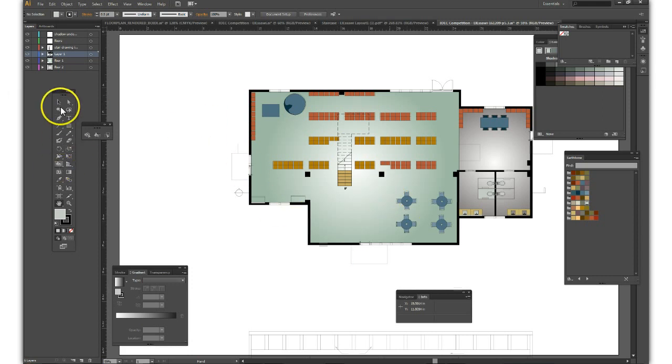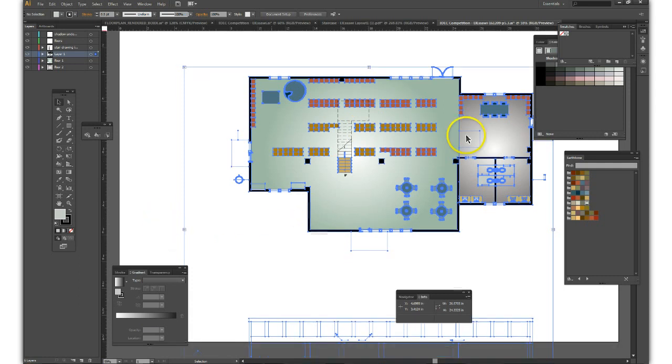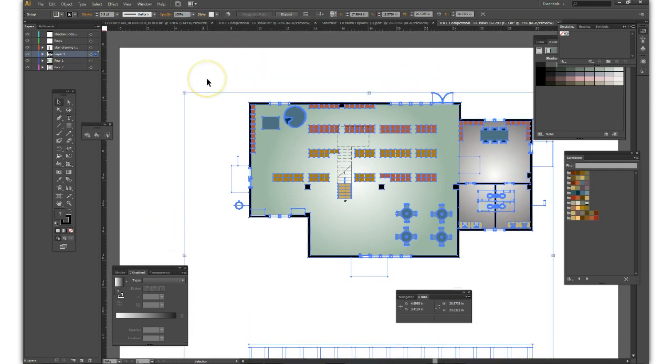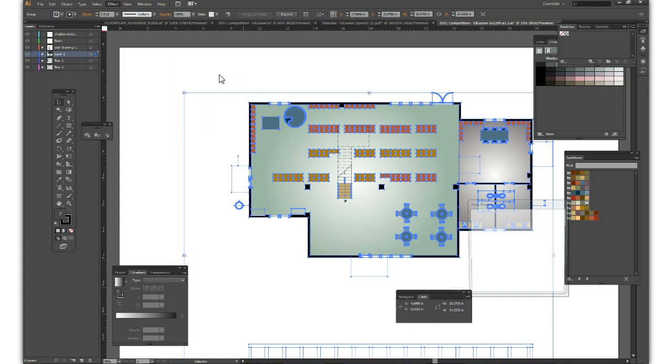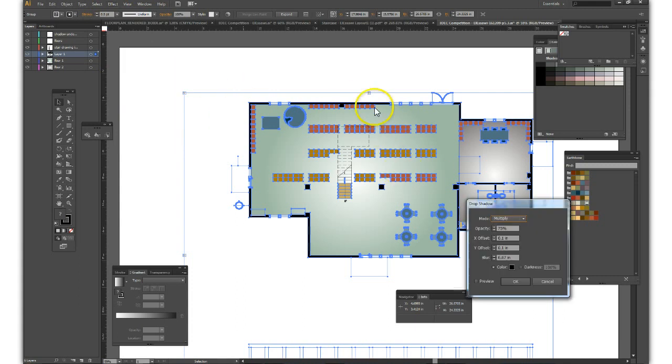And now what we want to do, let's go ahead and select that live paint object again, and to apply a drop shadow or approximation thereof is an Illustrator effect. We go into Effect, Stylize, and select Drop Shadow with the elements that you wish to be the source of that shadow. And we click on Preview here, and we see that